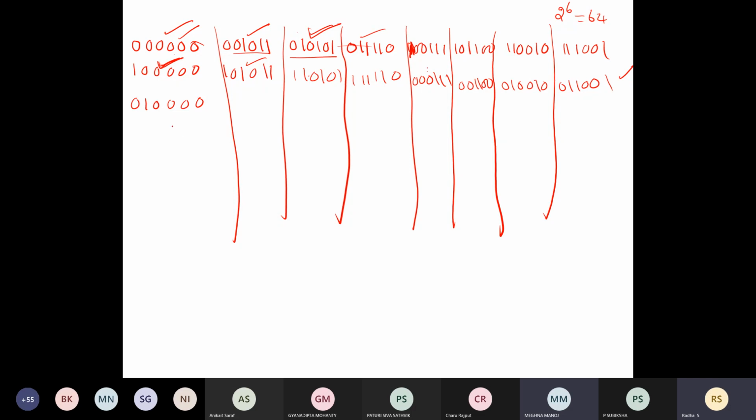So 0, 1 with 4 zeros is not an element of the first row or the second row. Now this has to be added with this. You got this. Now add this with this. So what is the change? There will be a change in the second position now. If your second position is already 1, it will become 0. If it is 0, it will become 1, because you are going to add 1 with the second position. All other entries you are not going to disturb because it is after all 0. So what happens? This becomes 0, 1, 1, 0, 1, 1.